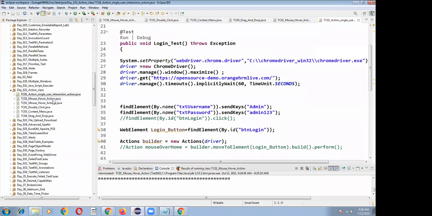Okay, so you can try it. One second, I will show you that part.